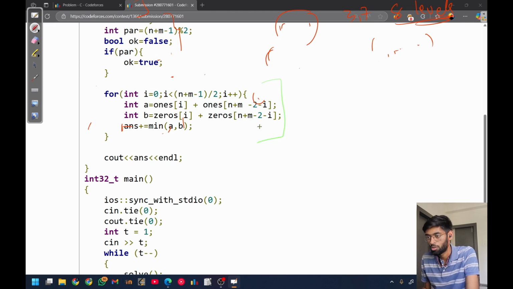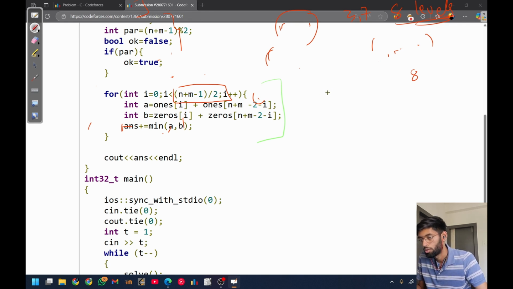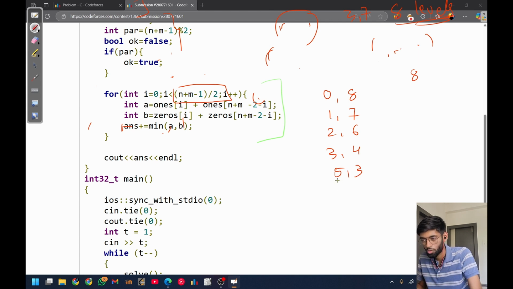Okay, now here, this is the main logical part. (n plus m minus 1) by 2. So as a total of 8 levels are possible, what are the combinations that we are going to take? 0, 8, 1, 7, 2, 6, 3, 5 and 4, 4. But there is no need to take this combination because